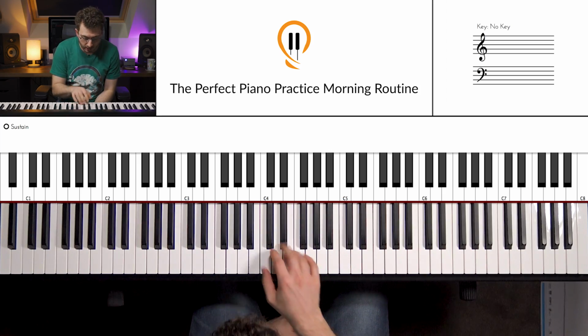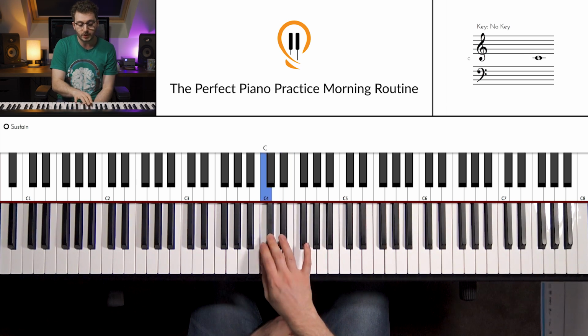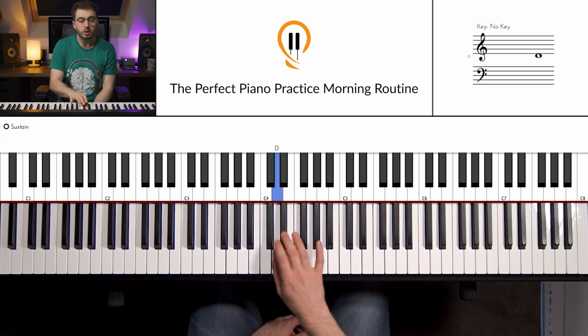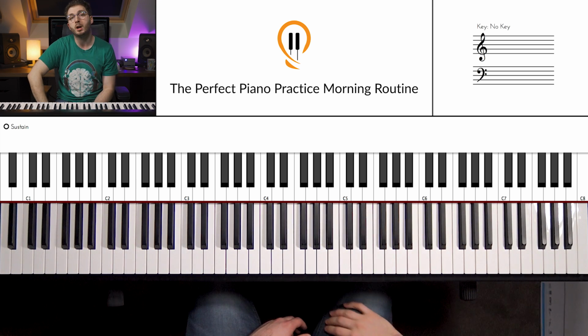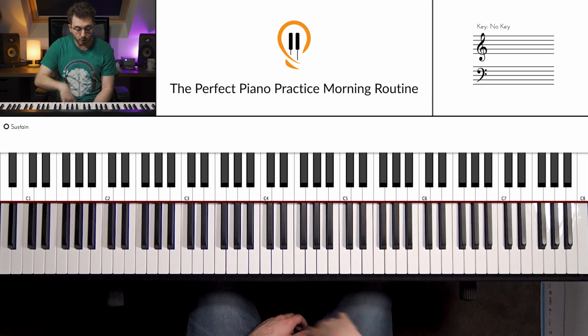Let's have a look at what I would do with those exercises and form a little morning routine. So remember, we've got 5 minutes to play with. It can be anything really, 10, 6, 2 minutes is better than nothing. So I could take this first exercise here and I could simply go up and down this exercise for, let's say 50 seconds, okay? So I'll set my timer and I'll go up and down this exercise for 50 seconds, wait 10 seconds, give my fingers and my wrist a little bit of a rest, and then I could move on to